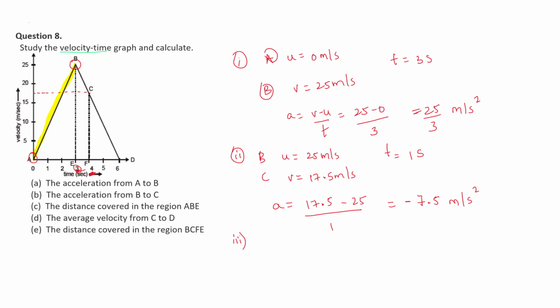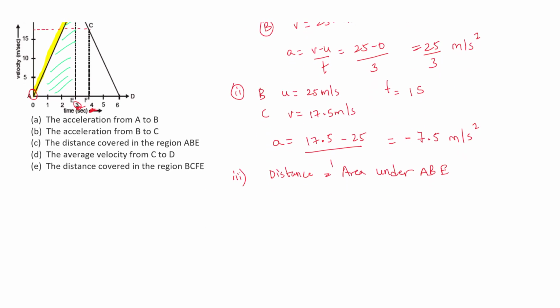Distance covered in the region A, B and E. What is our distance covered in the region ABE? This is our ABE part. According to the VT graph, distance is the area under A, B and E, or you can say the area covered by ABE. That is nothing but the area of triangle